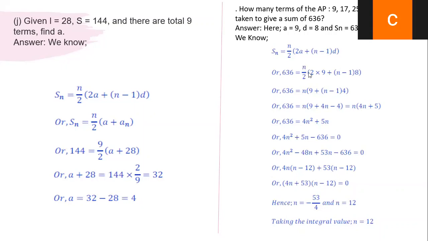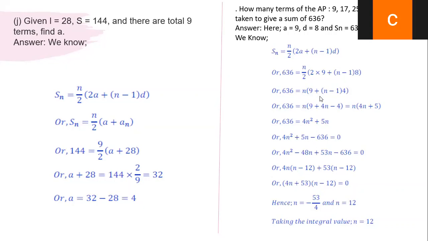Here they've applied the n value to A value 9, n minus 1 into D value 8. After that 2 9s are 18 and here 8. In this bracket they've taken 2 common. Here 8 is there and here 2 9s 18 is there. If we take out 2 common, 2 and 2 get cancelled. And here only 9, and out of 8, 4 will remain. Am I clear? Okay, ma'am.